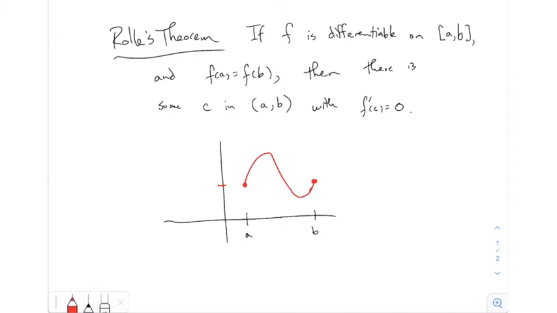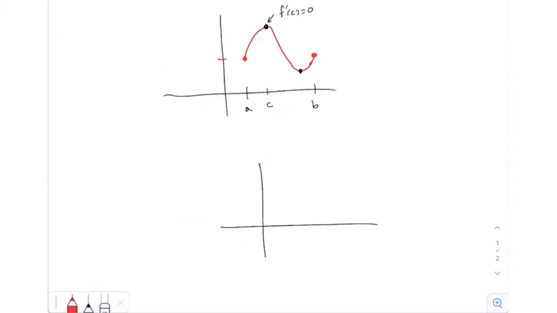and it ends up at the same place where it started in terms of the y value. There has to be some point in the middle where the slope was horizontal. That's the only way this is going to work out, right? Not all that complicated. So, and I think the way the history goes about this with Roll is, this is